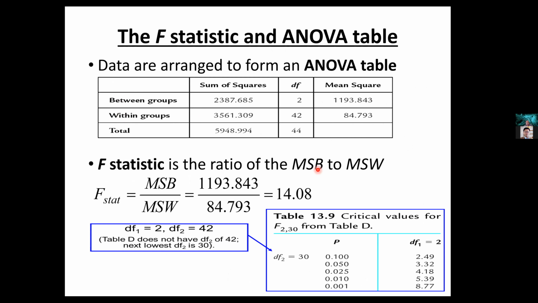Now the F statistic is a ratio of MSB over MSW. This is the main point of